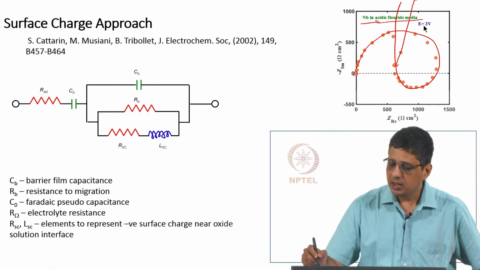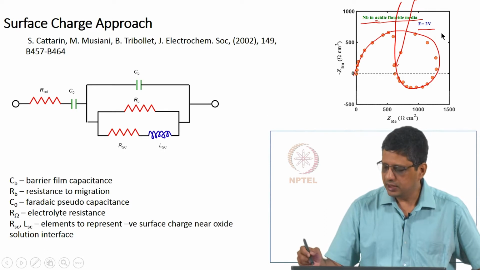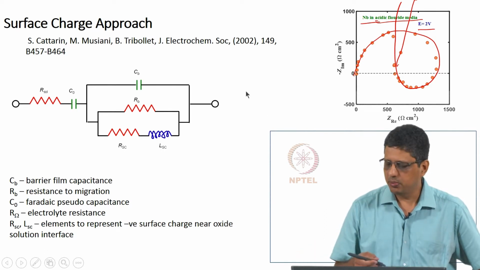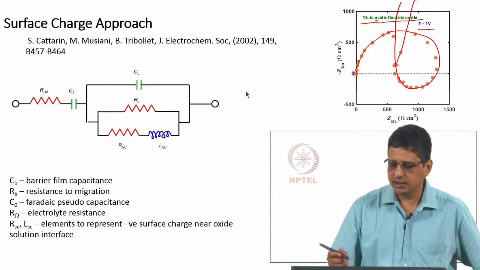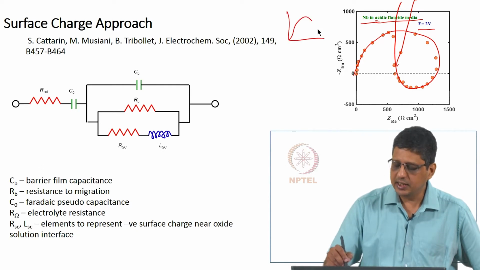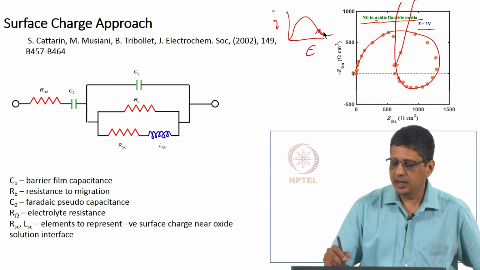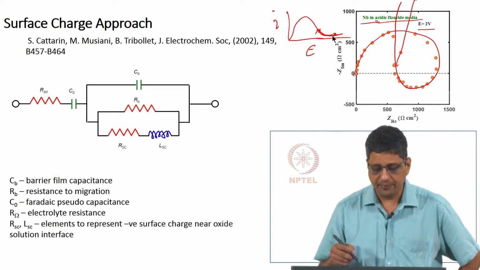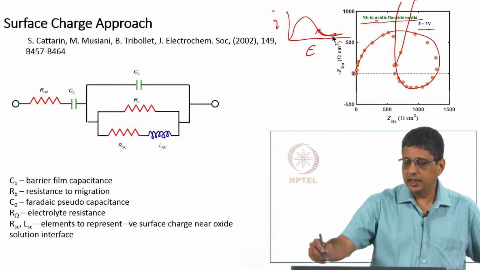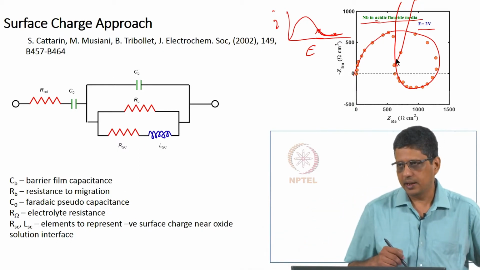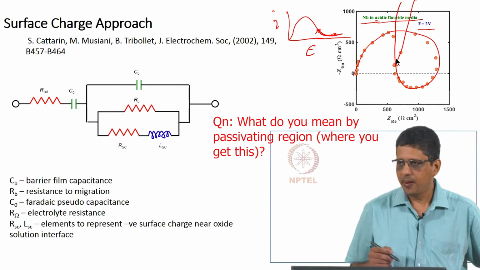the right side, and 2 volts I think with respect to open circuit potential, or I do not remember what it is with respect to, but this is definitely in the region where it is passivated, potential and current passivated, and it is either here or in the region where it is more or less flat current here. You see an inductive loop and you see a vertical line going up. What do you mean by the passivated region?